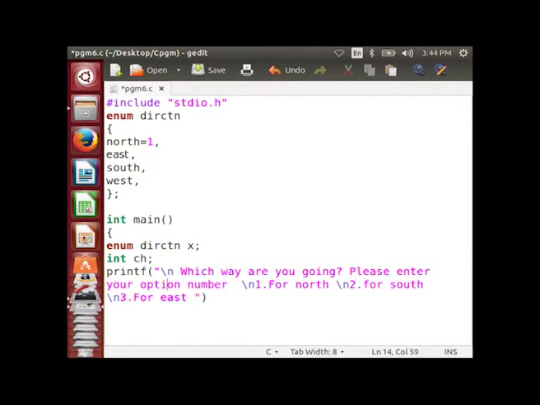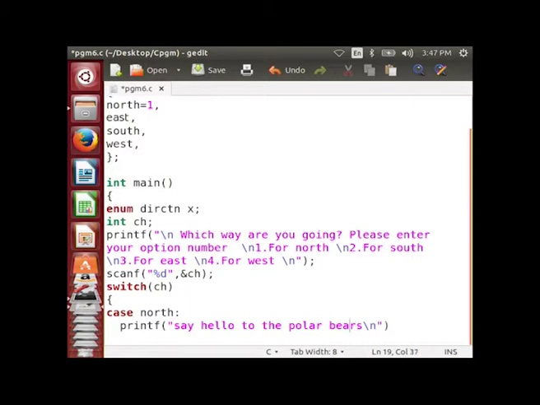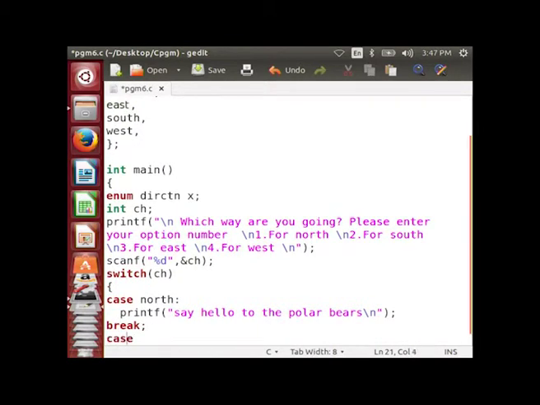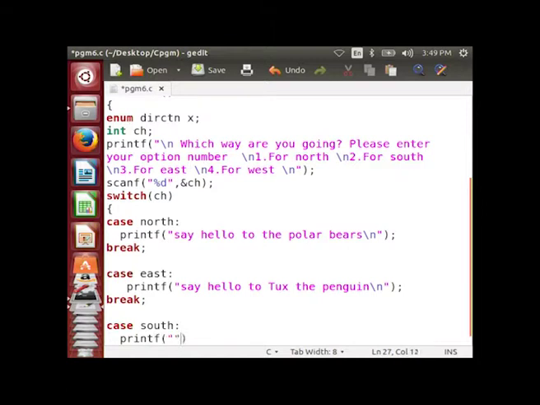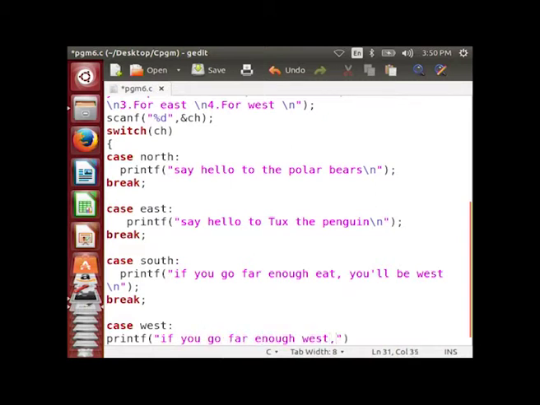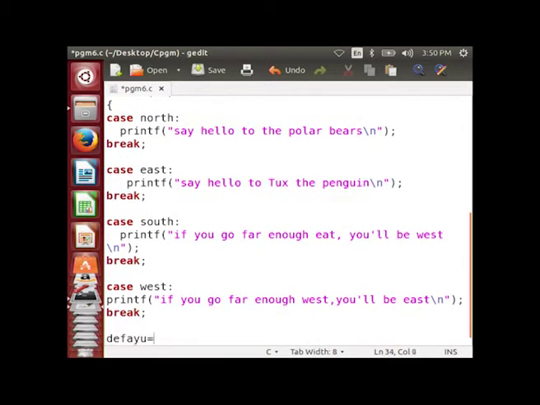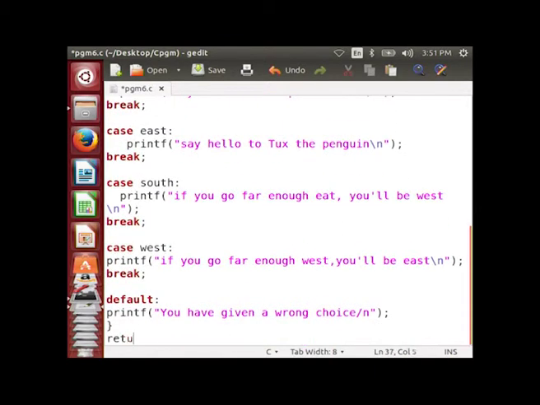for west. Scanf %d, comma &ch, then switch ch within curly brace case north colon, printf say hello to the polar bears, break, case east colon, printf say hello to Tex the penguin, break, case south, printf if you go far enough east you will be west, break, case west, printf if you go far enough west you will be east, break, default colon, printf you have given a wrong choice, return 0 and close the final curly